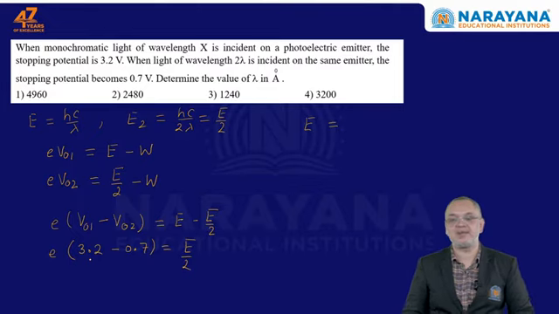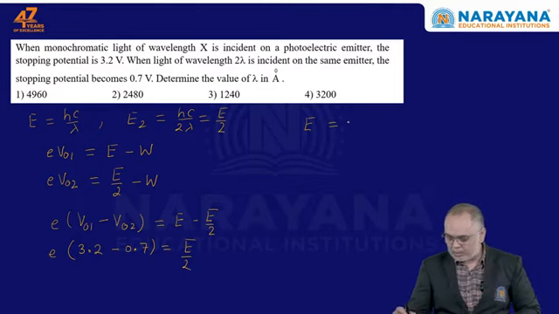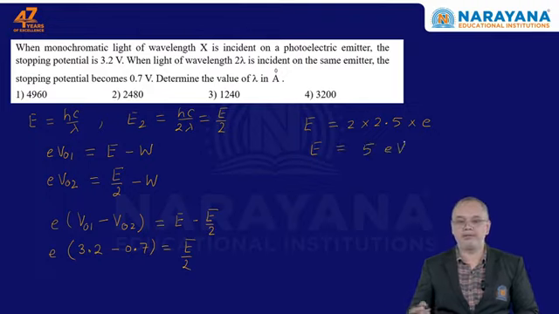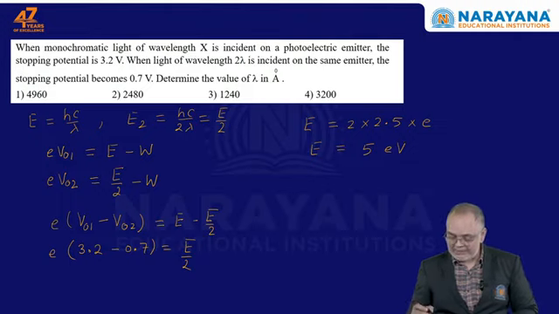3.2 minus 0.7, that is 2.5. So we can write 2 into 2.5 into E. So we can write this energy is equal to what? 5 electron volts. Now with the help of this, we can calculate the energy, lambda we can find here, that